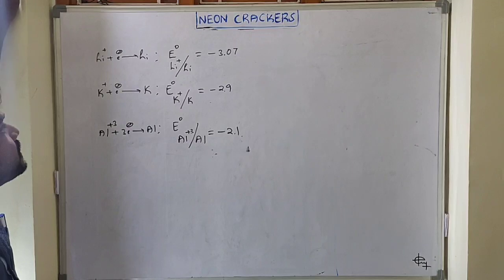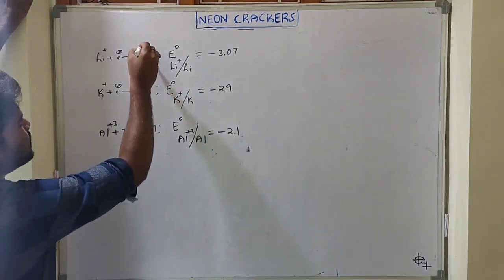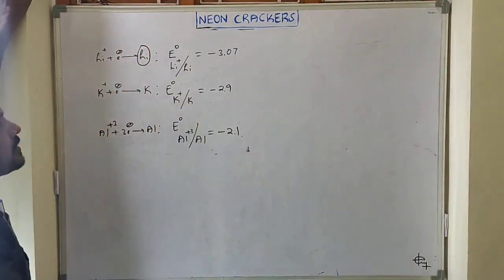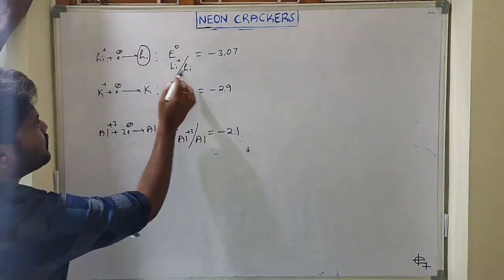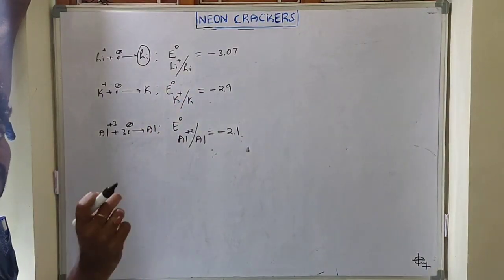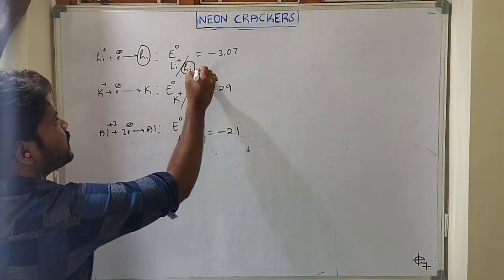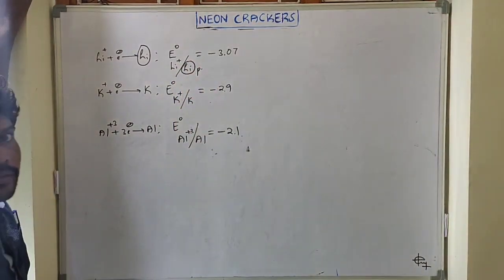But which is the reducing agent? How to find the reducing agent? Actually, in the periodic table we say the lithium element is the strongest reducing agent, but not lithium plus. So lithium is the reducing agent, right? In between these two in the representation, which element do we have to consider to find the reducing agent? The product element we have to consider.